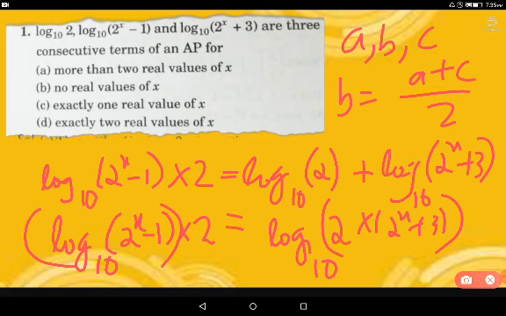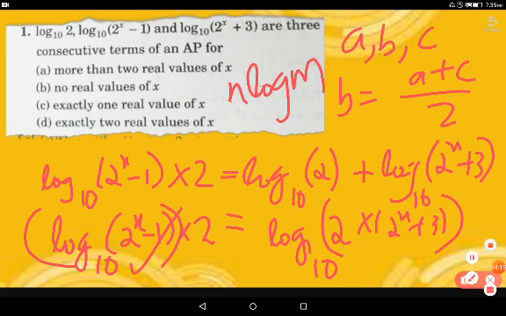So you know that n log m is equal to log of m raised to n. So we can apply the same principle in this, so that we will get